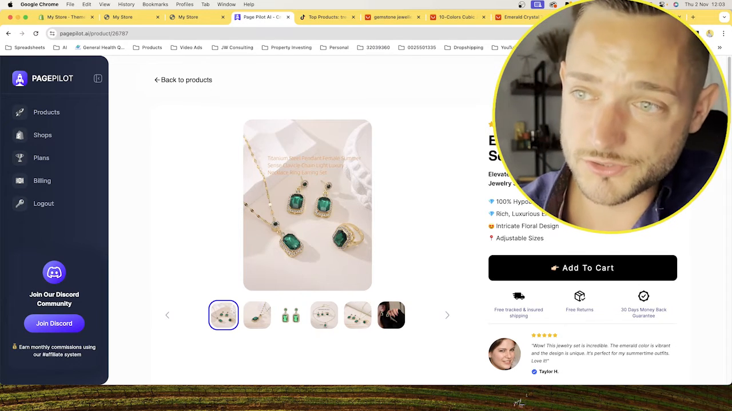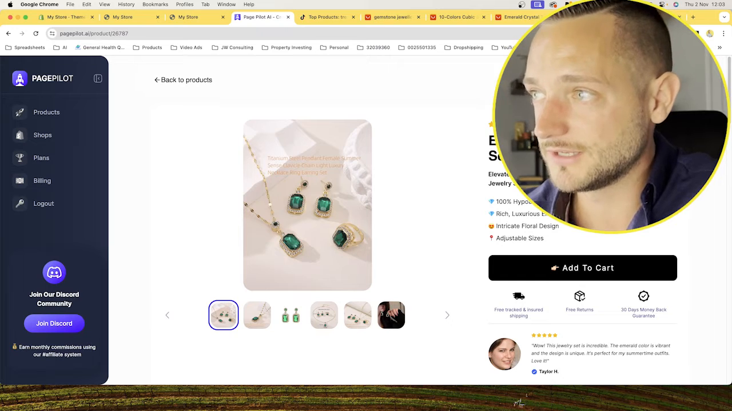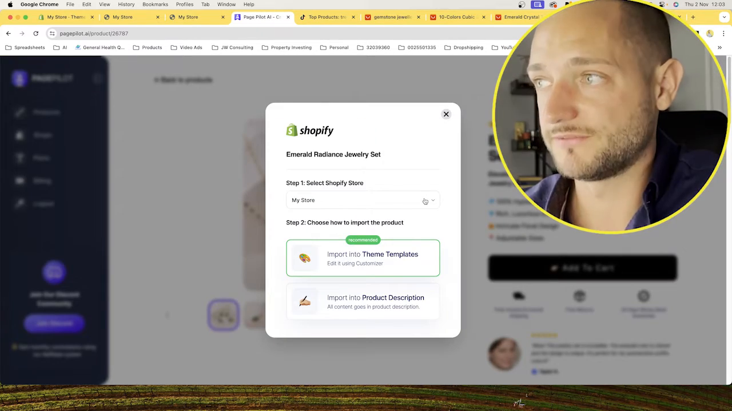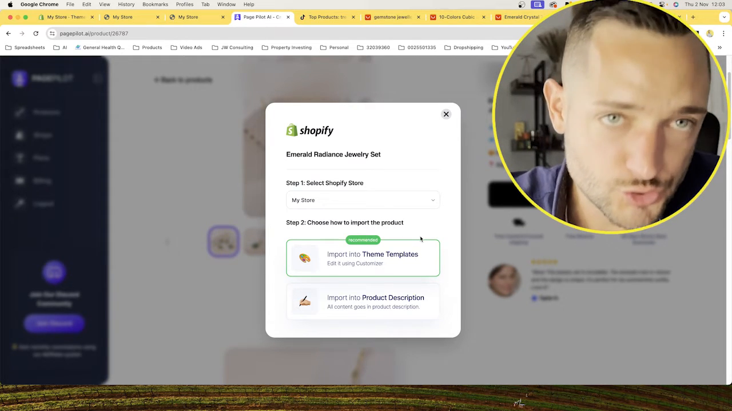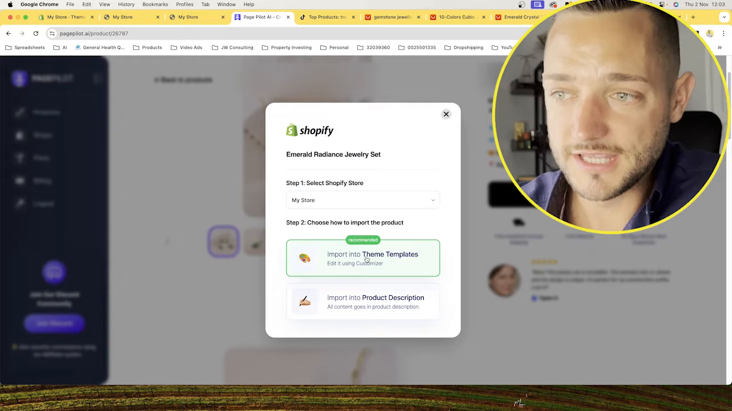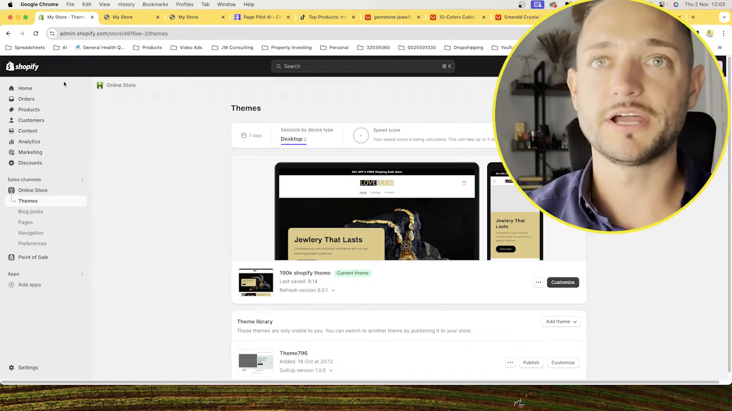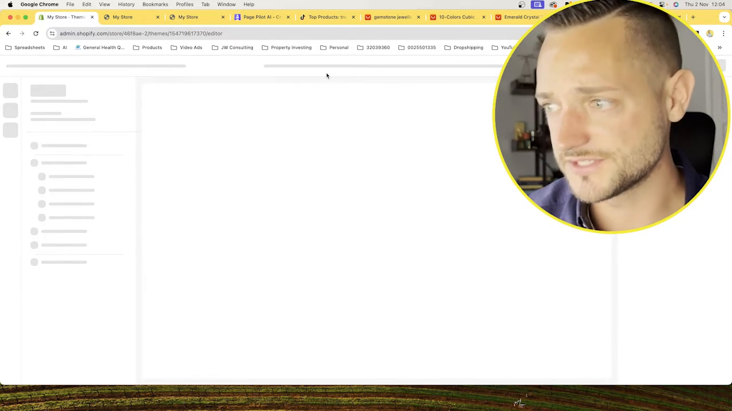The next thing I need to do is push this product page into my store. So to do that, you click on actions and click on import in Shopify. So when you click that, now you have two choices. You can either import it as a theme. So basically this entire product page, if you head to Shopify and you customize your store,